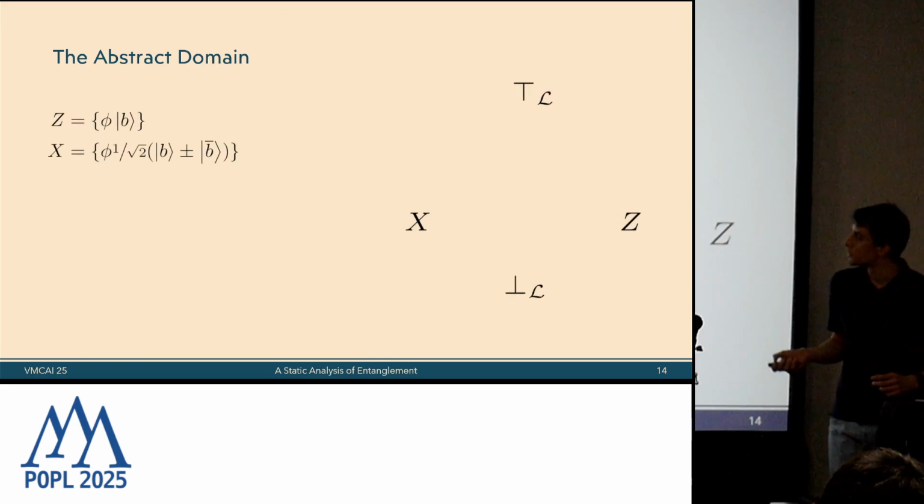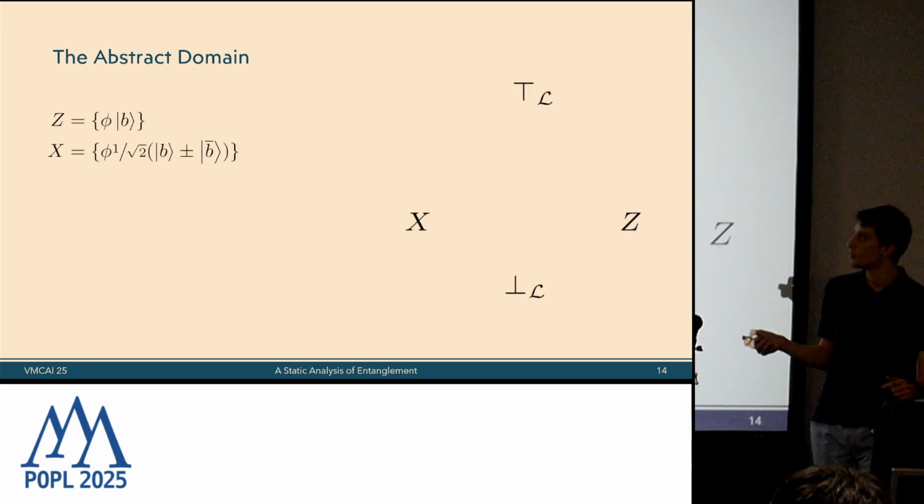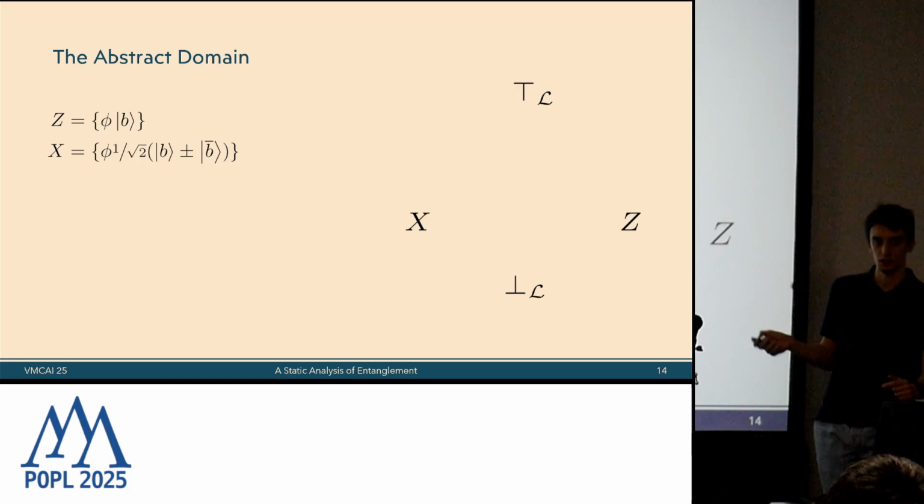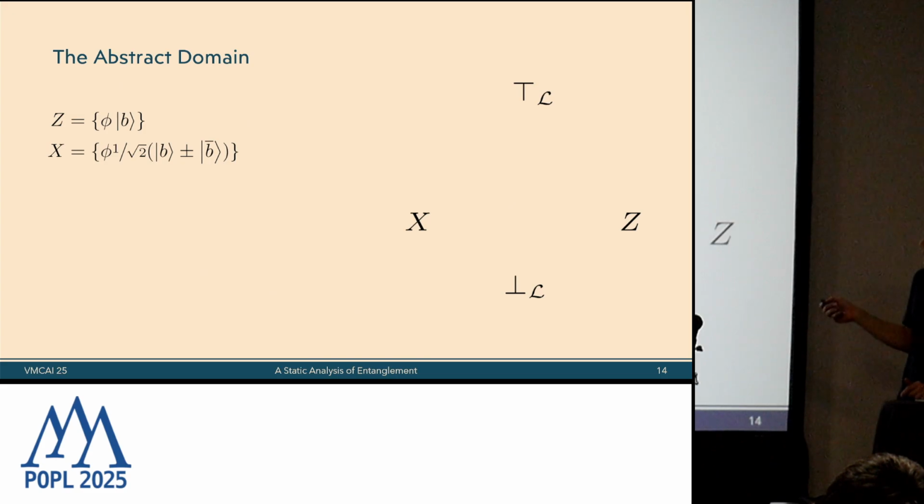We introduce some labels. First of all, we introduce a label that corresponds to all possible classical values and a label that corresponds to all values in which we have a uniform superposition between two bases. So this counts also 0 plus 1, for example, but also 00 plus 11, and so on. So we will have a lattice like this one, with the two labels, top and bottom. However,